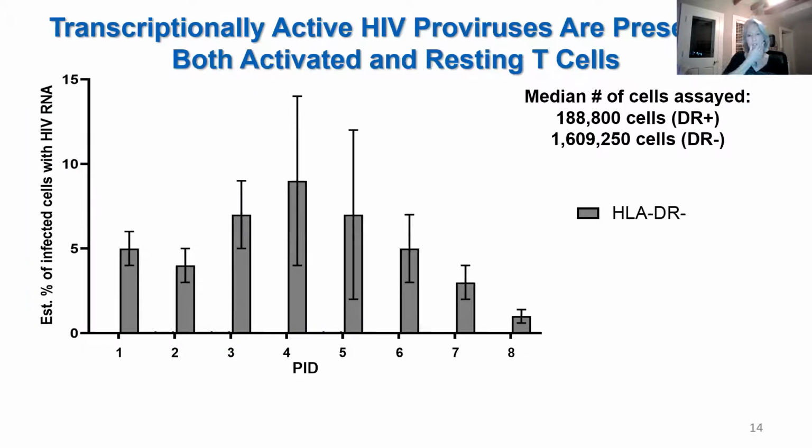So we first looked in the resting cells in these 8 individuals. What you're seeing on this graph, on the y-axis, is the estimated percent of the infected cells with HIV RNA. So these are resting cells. We expected that in these 8 different individuals we would find virtually no resting cells that had HIV RNA. But instead, what we found is that about 1 to 8% of the resting cells had proviruses that were transcriptionally active and had unspliced HIV RNA, suggesting that if they're intact, they can contribute to persistent viremia on ART. So this was a surprise to us that resting cells actually can have proviruses that are